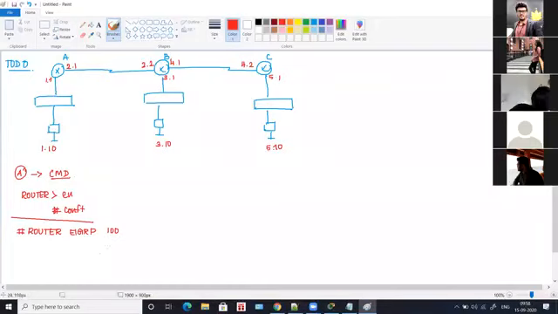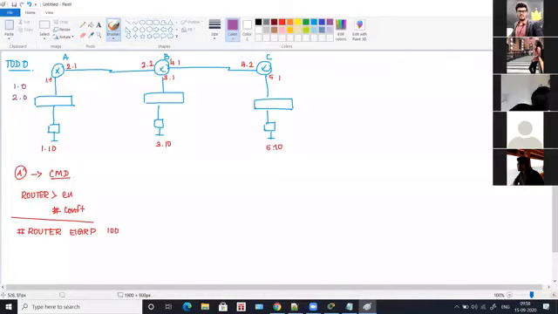Now we are actually doing dynamic routing, so we are going to take known networks. Now for router A, tell me what are all the known networks. That is, the interface which is directly connected will be your known network. So obviously it is 1.1 and 2.1. So it is 1.0 and 2.0, which is the known network for router A.